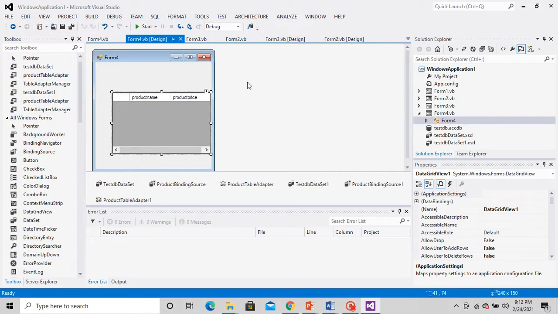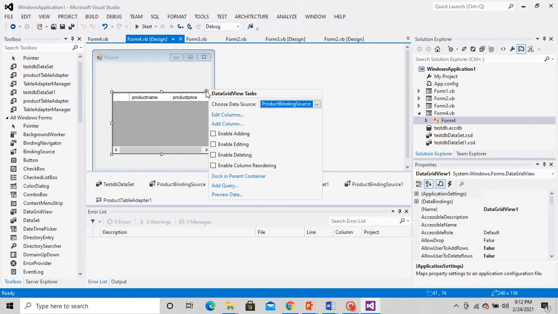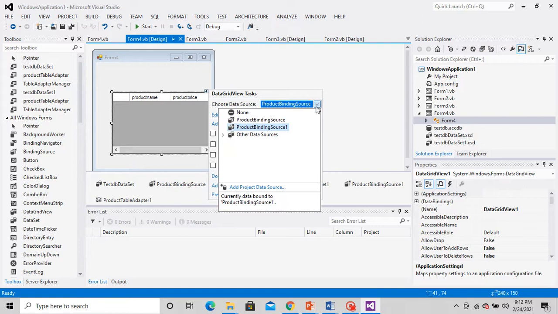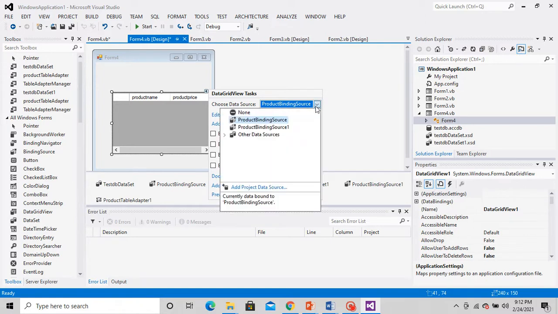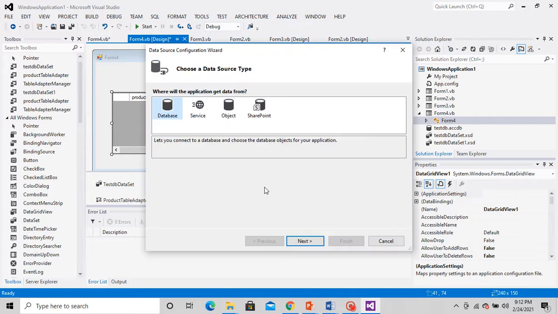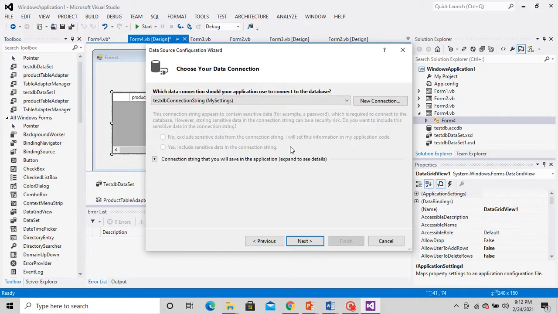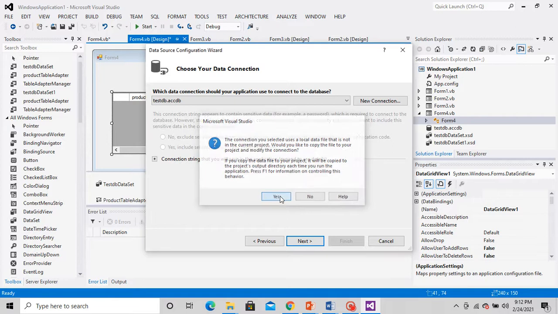So students, since you noticed that there was an error coming there, it was not updating, I have made a small change. Add project, go to the database, go to data set. Up to here it is the same. Here we had selected this particular option. Just click here and go to testdb, your own database. I'm so sorry, that was wrong there. Select it, go to next. Now you click on yes.